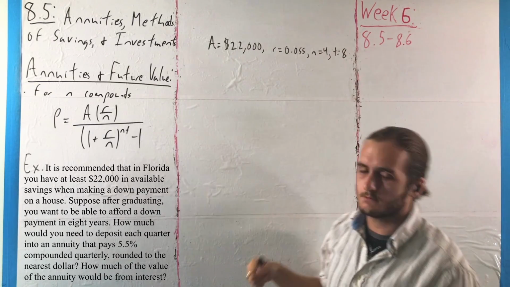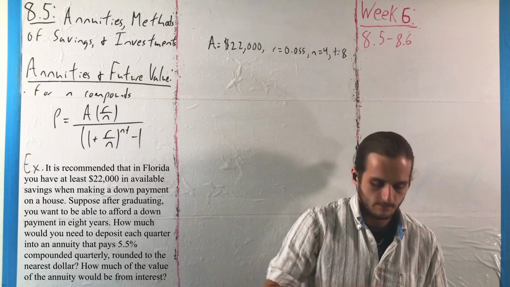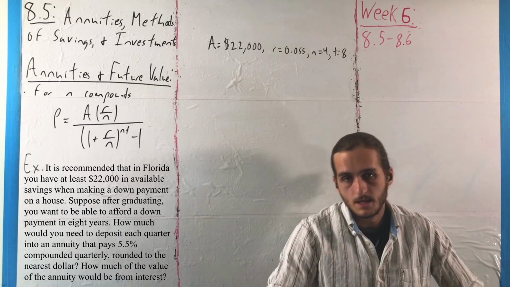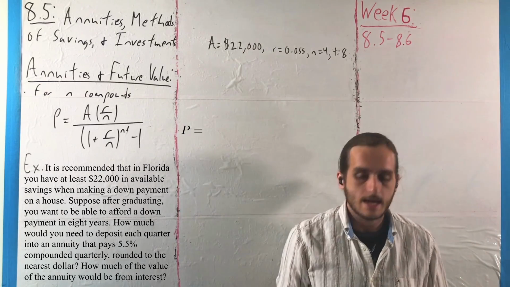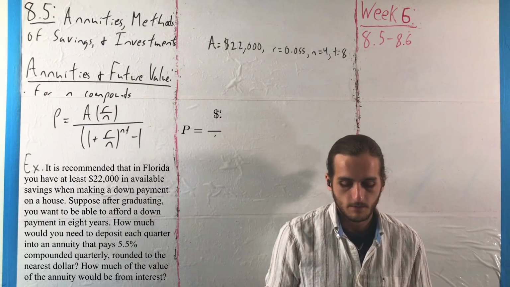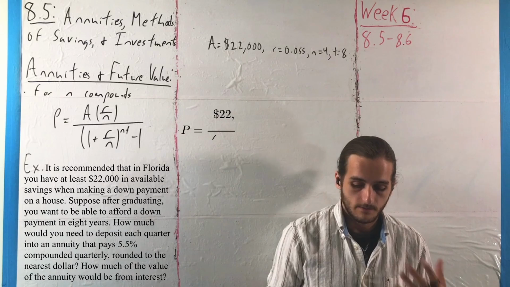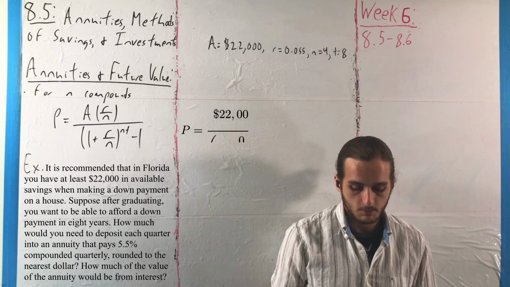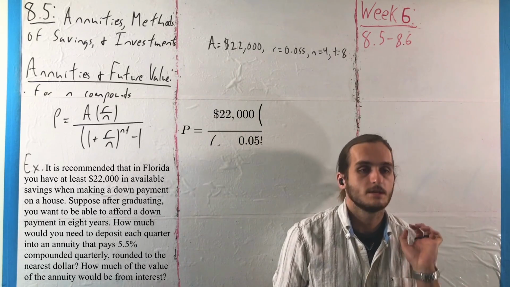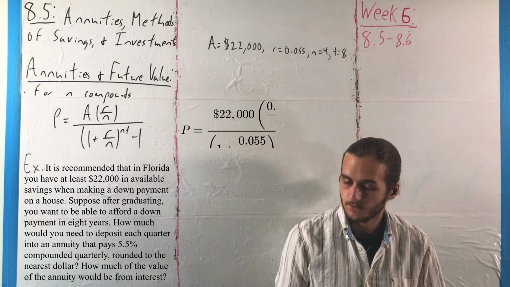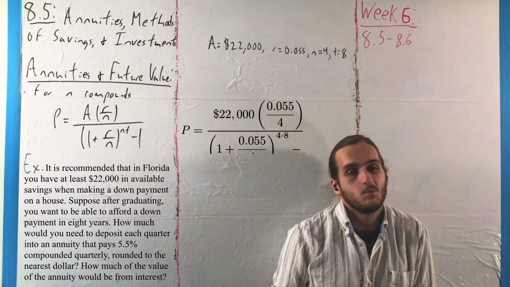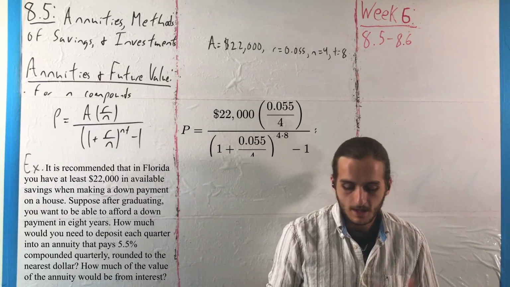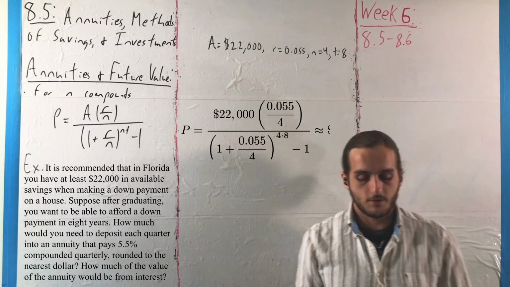And since my pen is dying, I'm going to give it a bit of a break here to get that value for P, where in this case, P, following our formula, is A, 22,000, times 0.055 divided by 4, divided by the quantity 1 plus 0.055 divided by 4, whole thing raised to the power 4 times 8. That's the big driver for everything. Yet again, that 32. Then we subtract the whole thing by 1 and do that division to get a value there of approximately